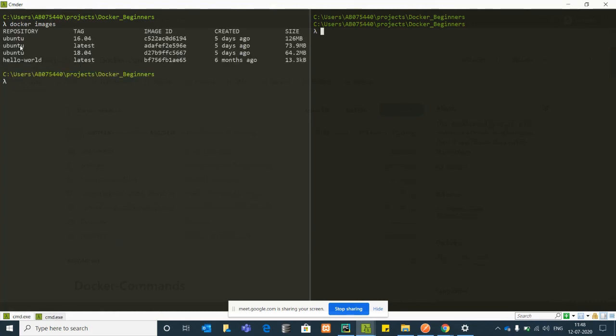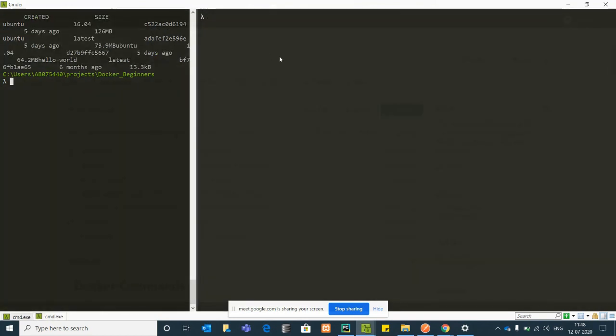Okay. So now there are images related to Ubuntu with three different tags, basically three different versions. By default it will take the latest version when you only mention ubuntu. Now three times I downloaded the image and gave the docker run command. So when I gave the docker run command, it will give the containers for this. So I'll just run docker ps hyphen a.